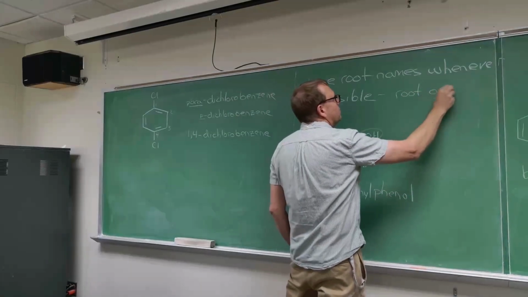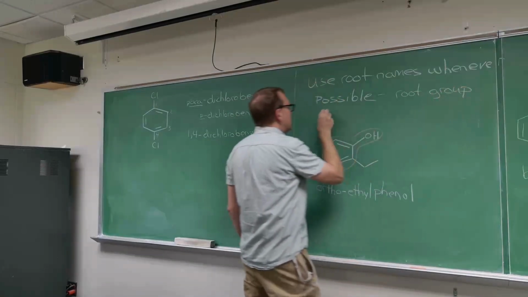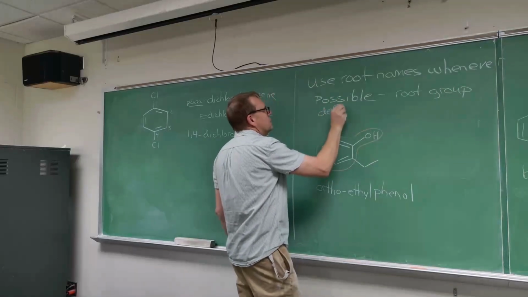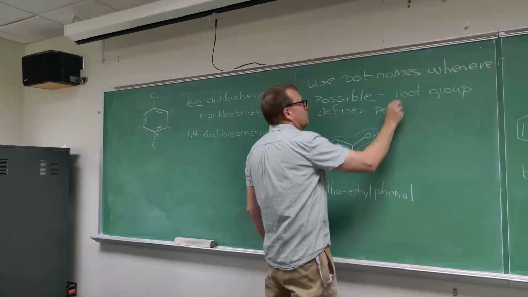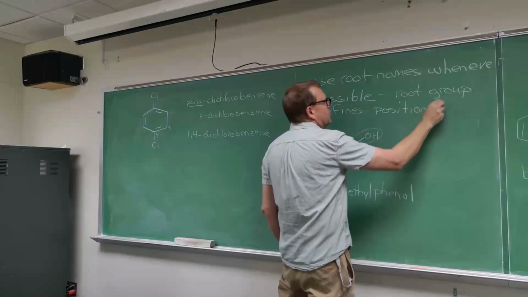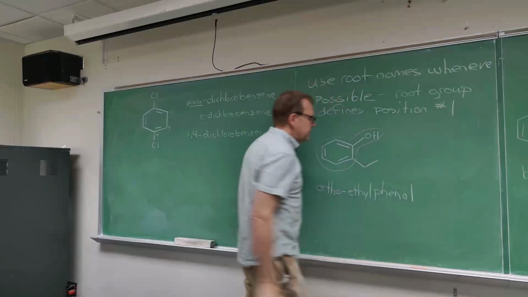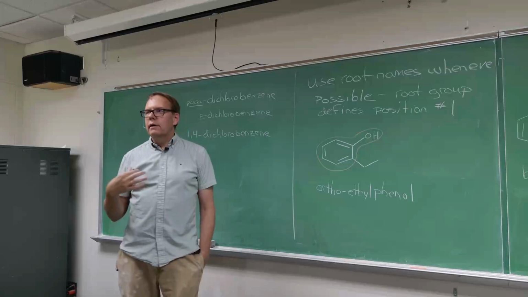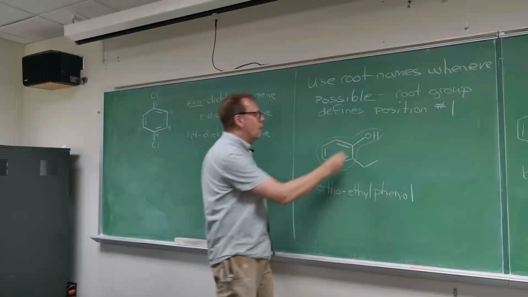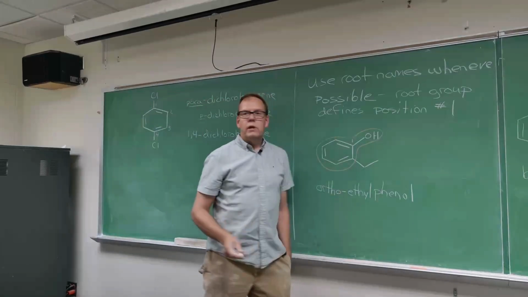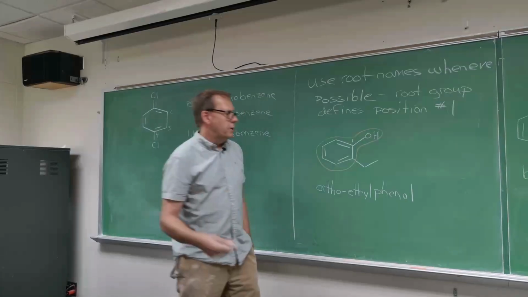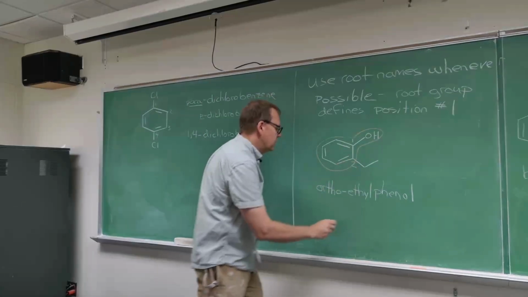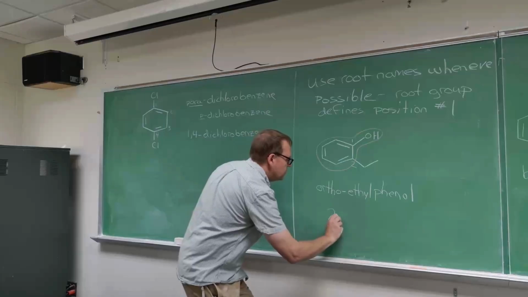So the root group defines position number 1. So that's helpful. If you wanted to give this a numbered name, you'd call that position 1, and then you'd want to number around the ring to give the lowest possible number to the group, and so it would be in the 2 position. So another way to call this would be